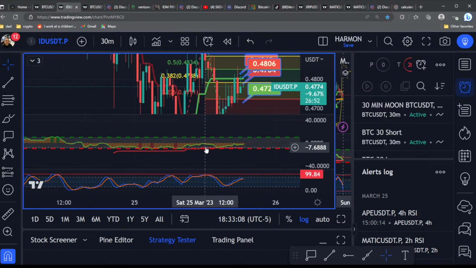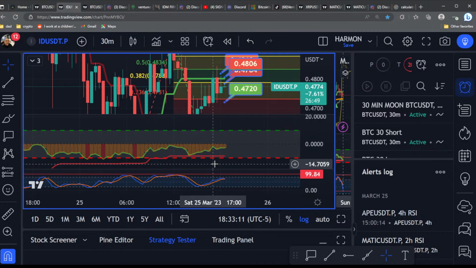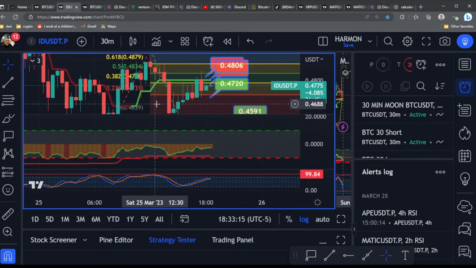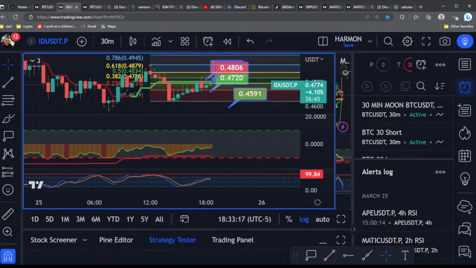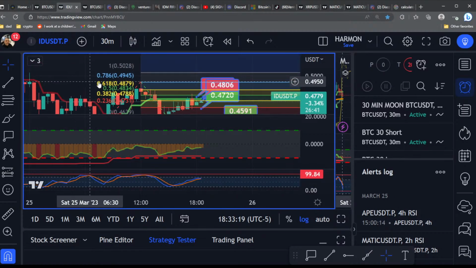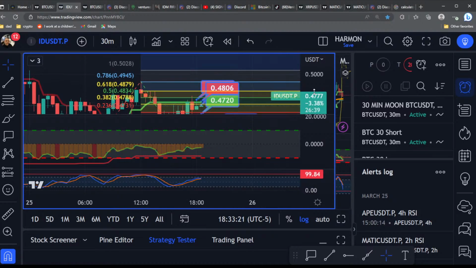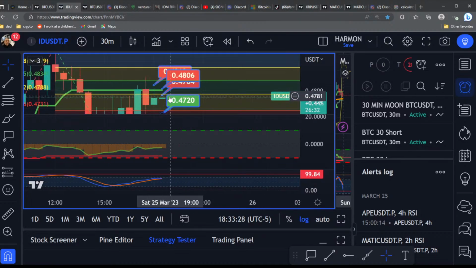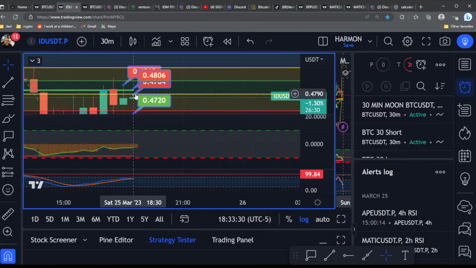does this have enough data yet? No, it's not enough data yet. Okay, so here on our 30-minute, right, we have our green trend. We have our little lines here. We're still looking where it's trying to push up. It's got to fight through these little lines here. It has to fight through the 382. So right now on the 30-minute, that's the fight right there. It has to get through